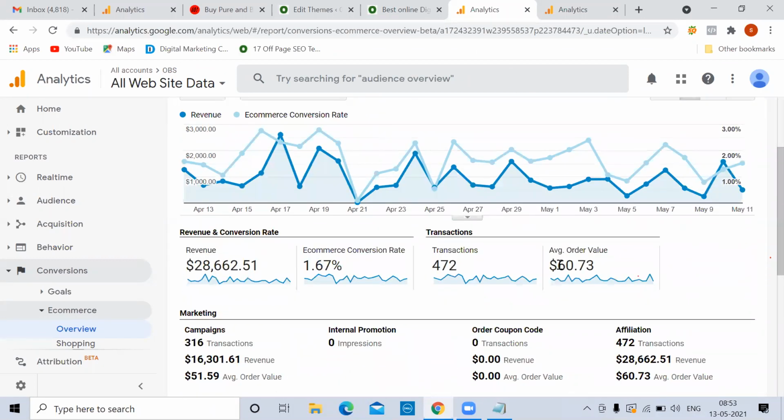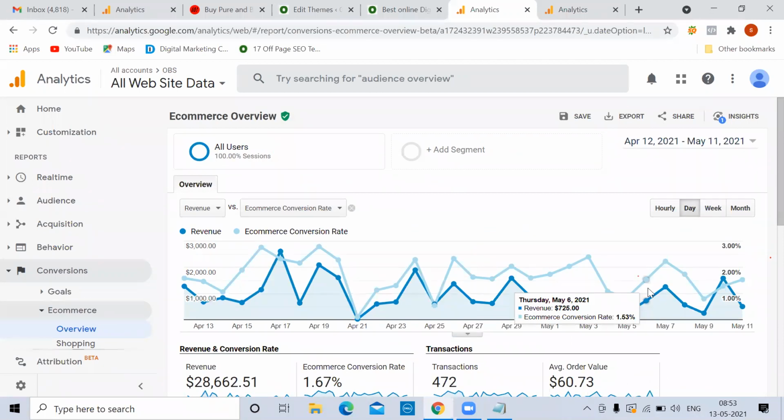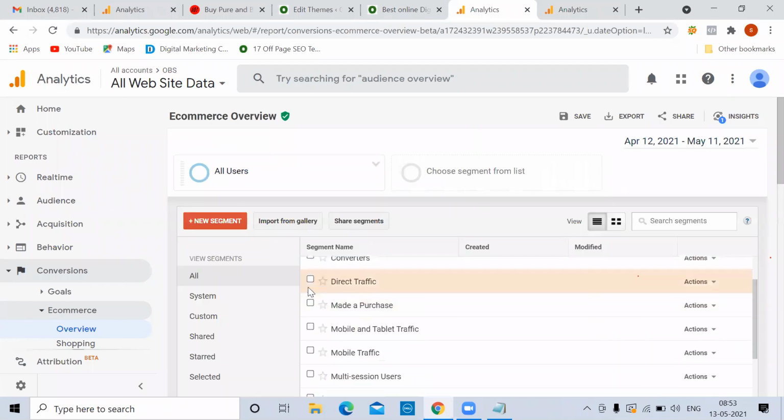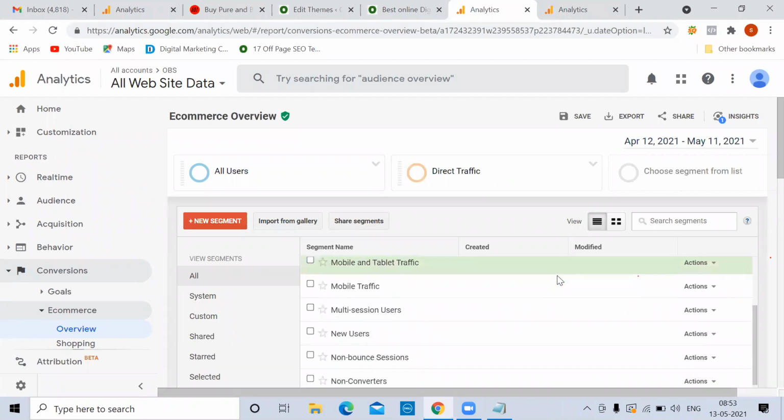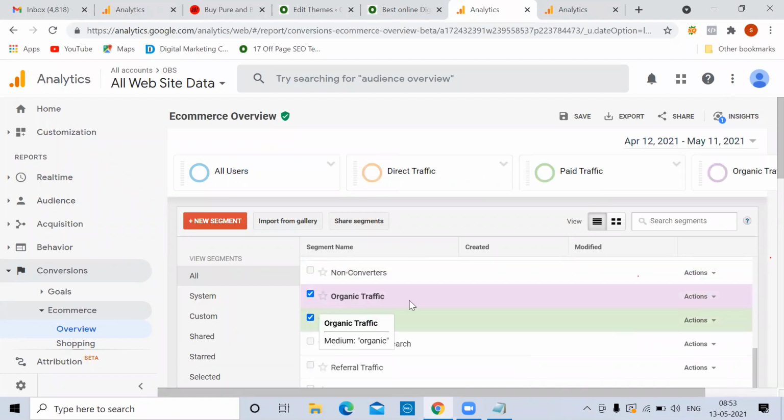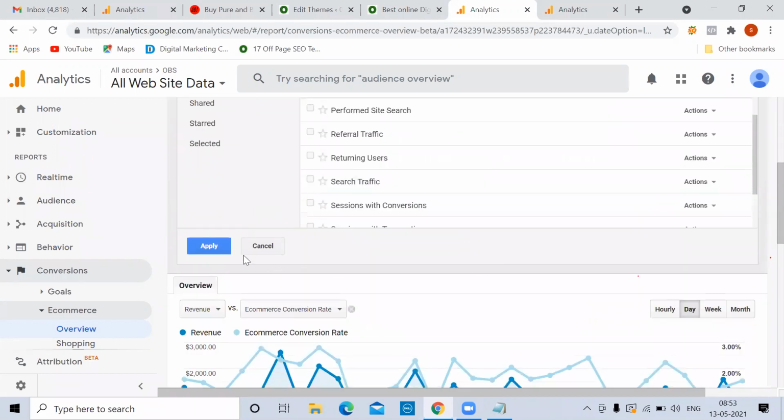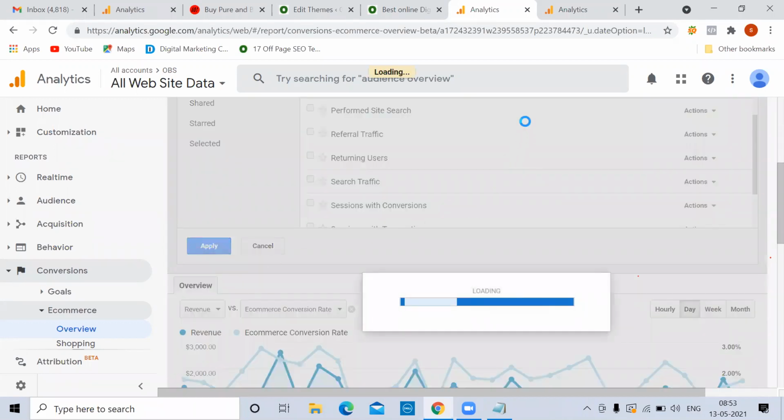Now here also, how our sales are coming? Is it with the Google Ads or social media also? We can check it. So here there is an option called segments. Previously you asked, if I go to a particular city, how would I know that that city got traffic from SEO? So here you click on segment, you can select options like direct traffic, paid traffic, organic traffic, and apply. So these are custom segmentation. Previously it was showing the overall traffic. Now it will show you one by one.